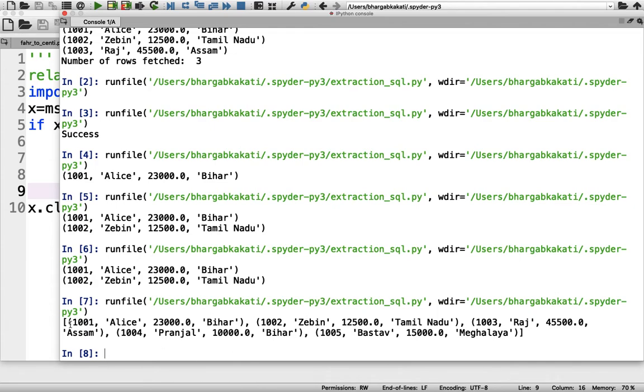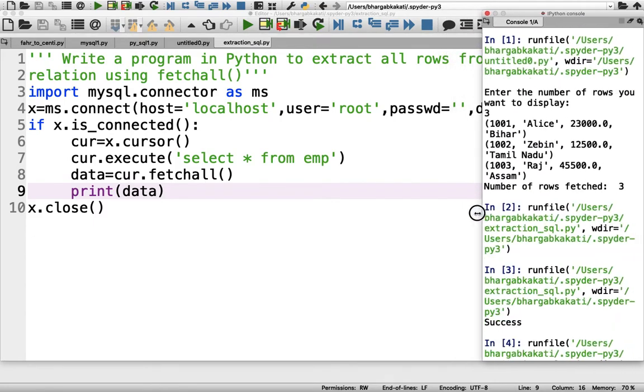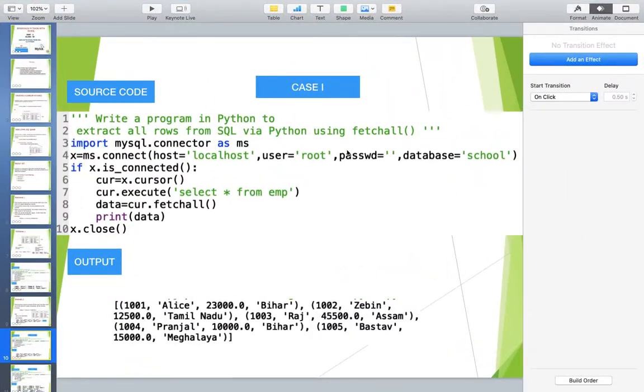The output through Python is displayed in the form of a tuple. So now we will make some changes to this program and bring all the rows in separate lines, to make it a little more user friendly. This was our case 1.